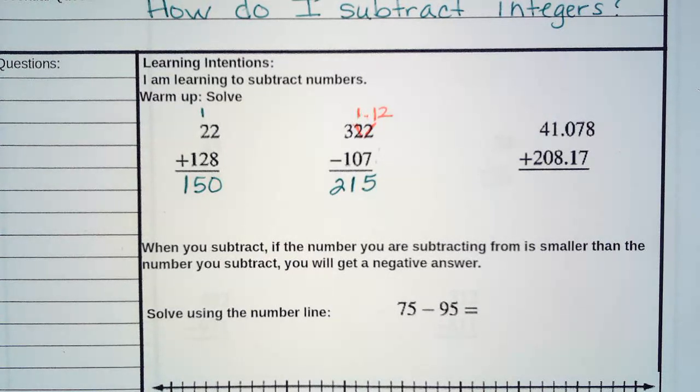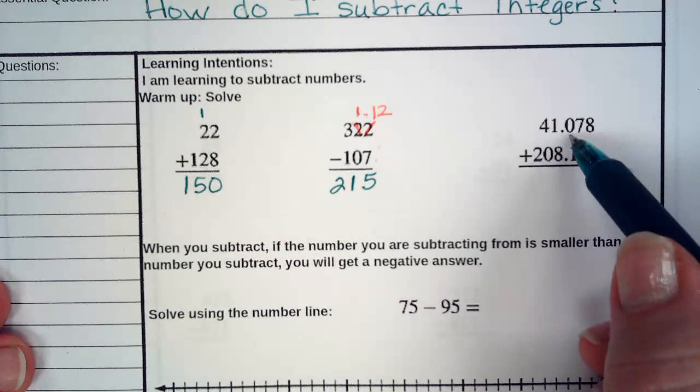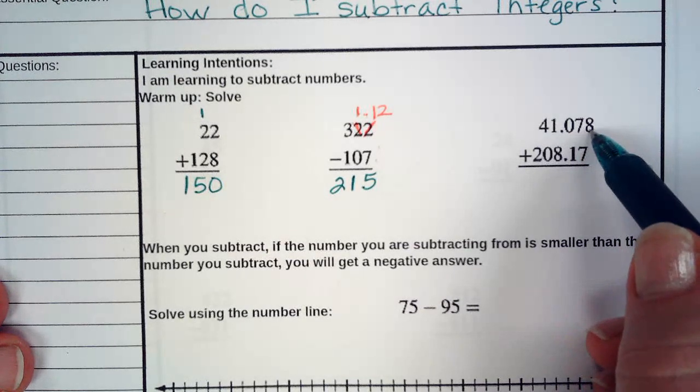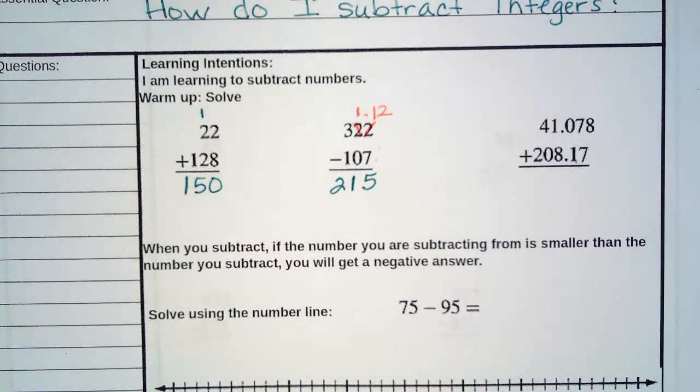For the last one, you've got your column straight. But what do we notice? I've got 1, 2, 3 up here. I've got 1, 2 here. So I put that placeholder,